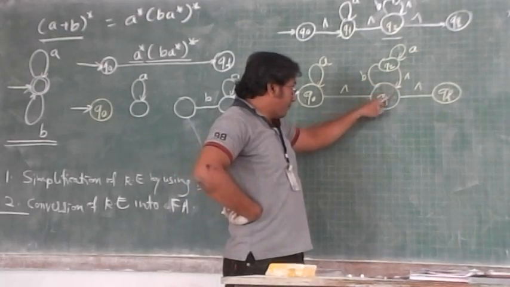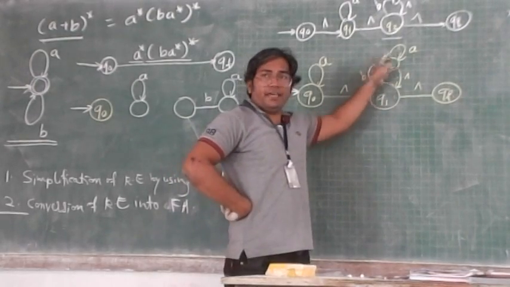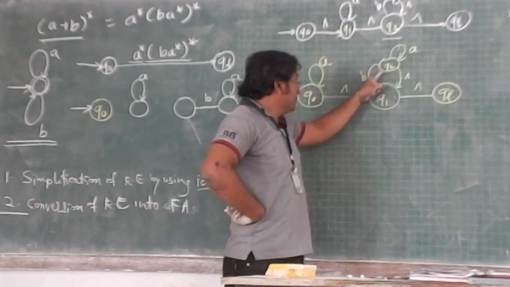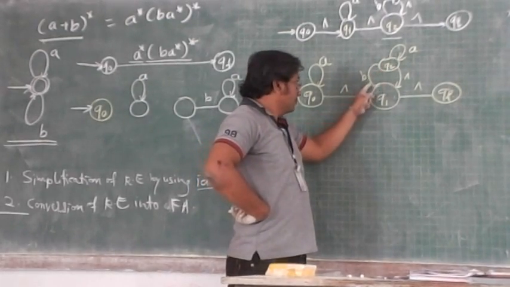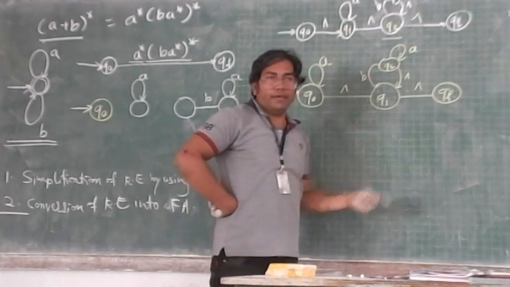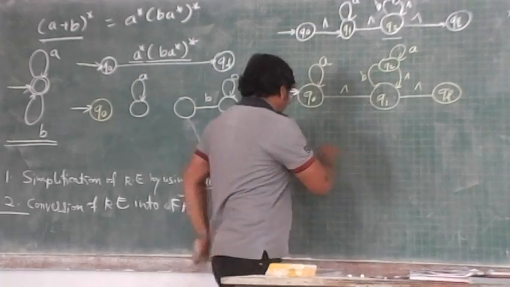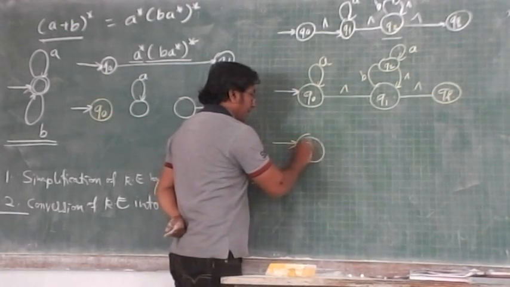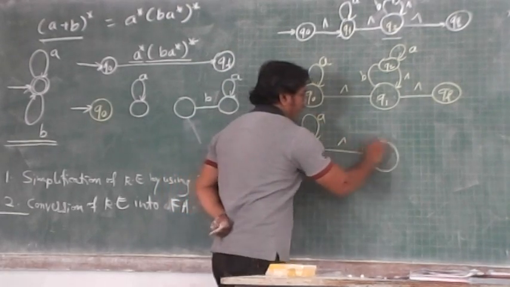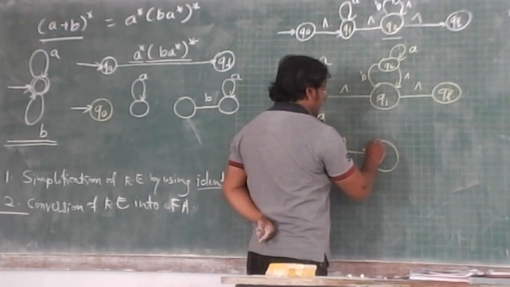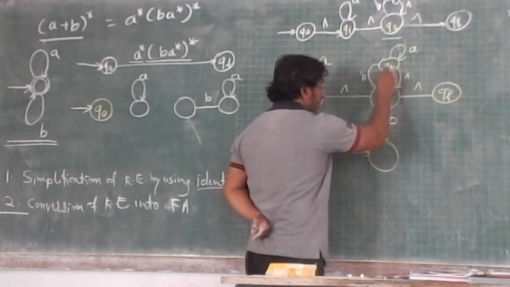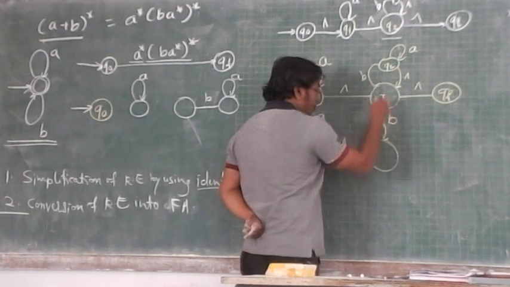And being at Q1 I am able to repeat the same kind of string, because this is again a closure. Okay, this here is the loop. Again, this is another loop I am having. So if I do it like this, B, and merge Q1 and Q2,